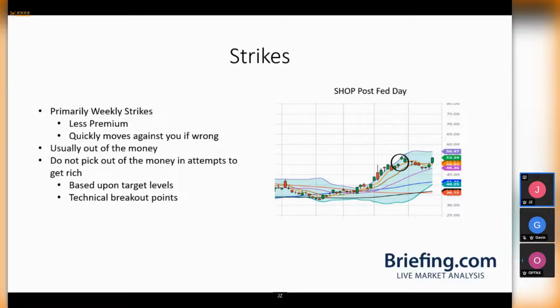Maybe sometimes I see something where, you'll have like a moving average where it's just going to be drawn to potentially hitting that level, where I might go a little bit further out. I would rather, in a case like this, pick the 53 strike on Shopify, thinking that it's going to move to hopefully 55, and you kind of meet in the middle,